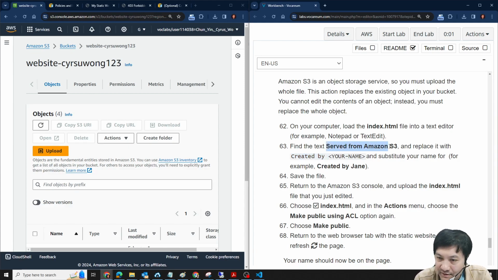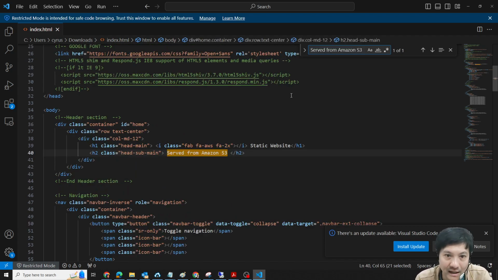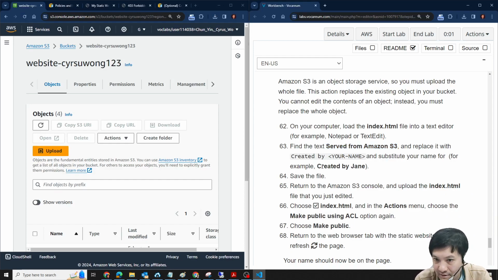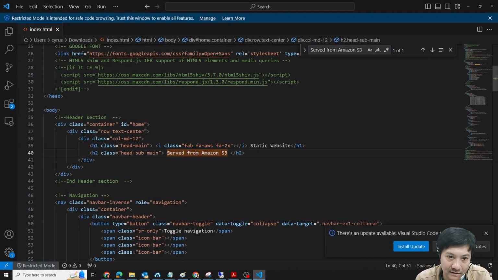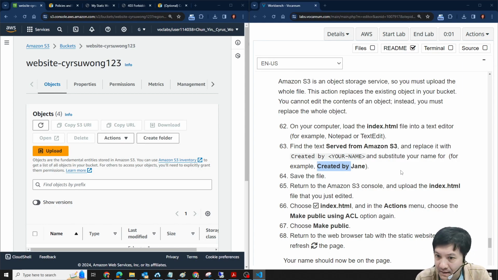Oh, sorry. Just look for this one, served from S3 file. Control F, Control V. It's here. You just shrink it. Created by someone. Created by me, Cyrus Wong。嗱咁啊，改佢。咁其實喺個 head section。And then you save it。改完就 save 咯。